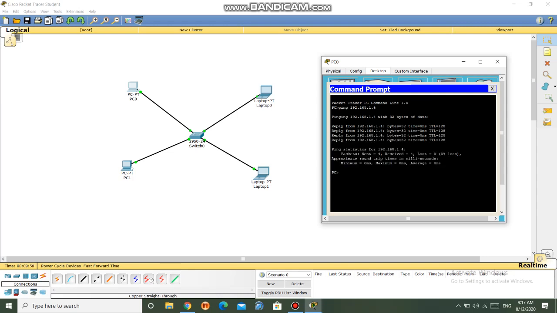You sent 4 packets, you received 4 packets, and loss is 0. This indicates that your 4 systems are properly communicating with each other and your LAN is successfully created. So this is the simple assignment that you have to execute on your computers, or actually this is the real-time assignment you have to execute in the lab, but because of this pandemic situation you have to execute the same assignment by installing the Cisco Packet Tracer on your computer, and